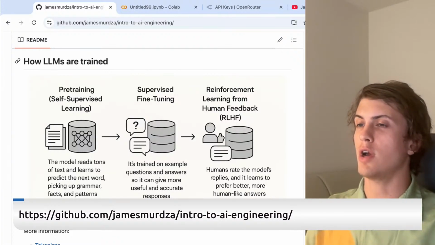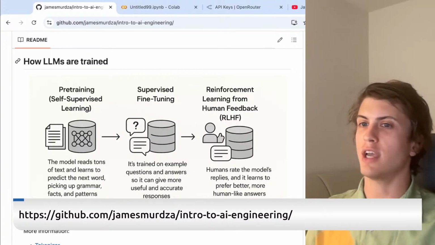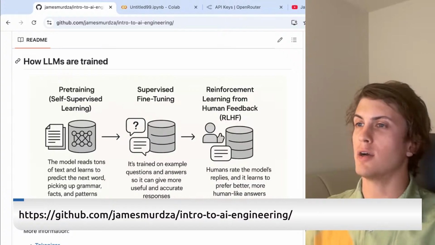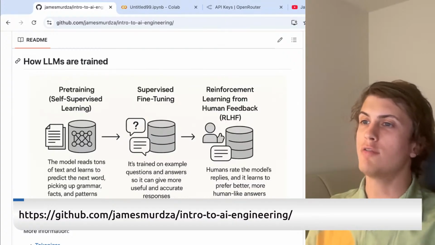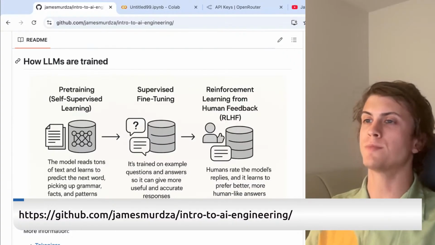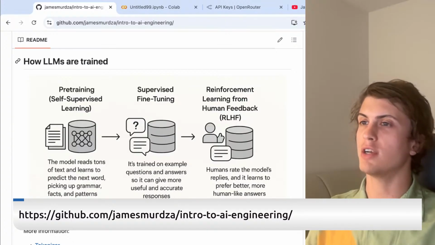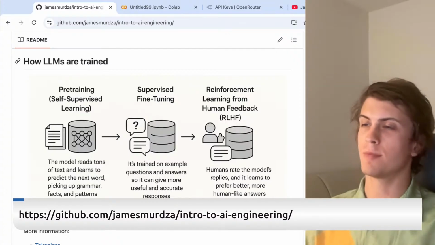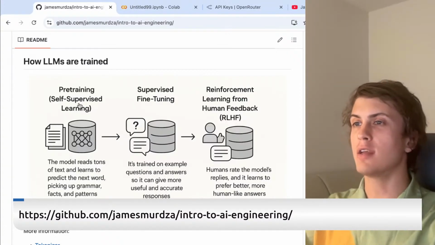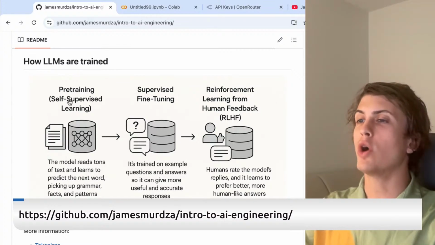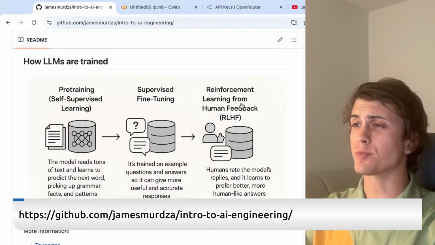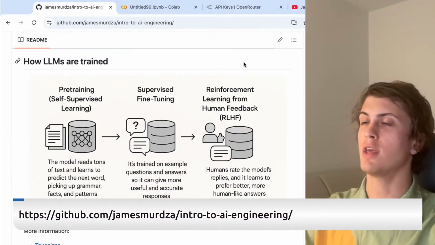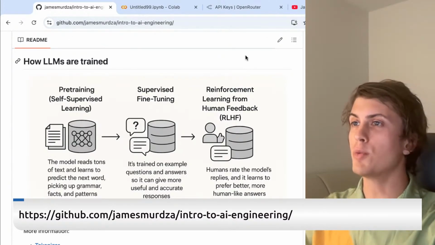So, without going into the details of the exact neural network architecture of an LLM, and there are multiple, the really important thing for us to realize is that there's a huge amount of data and a huge amount of parameters, and that gets trained in several phases. And once the training is finished, what you end up with is this incredible machine learning model where,